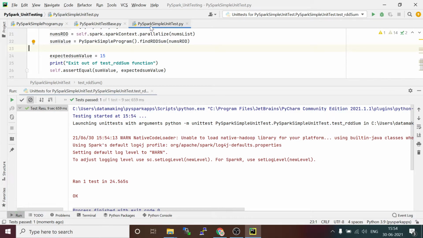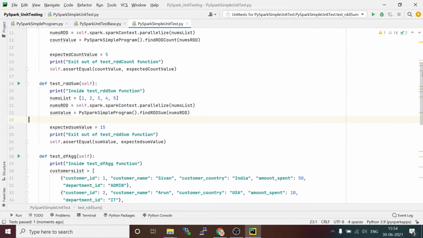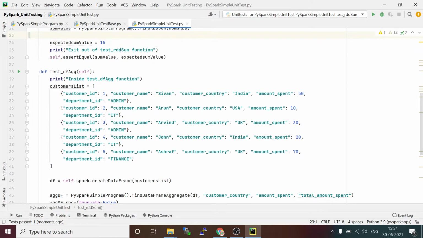Now we'll go to the third test case, where we are going to create a data frame, which is simple customer data information. I kept it very simple. The entire tutorial is very simple so that you will understand how to use unit testing in a PySpark application.